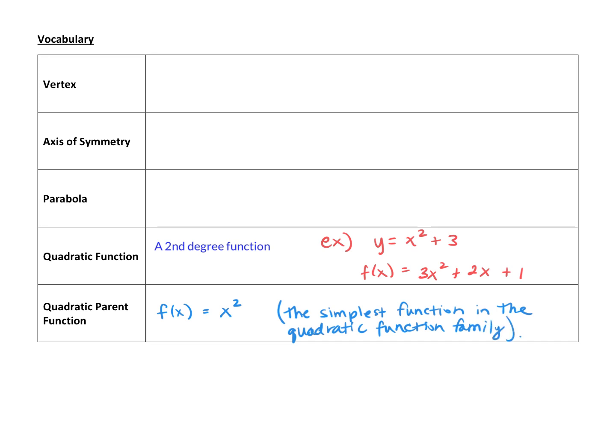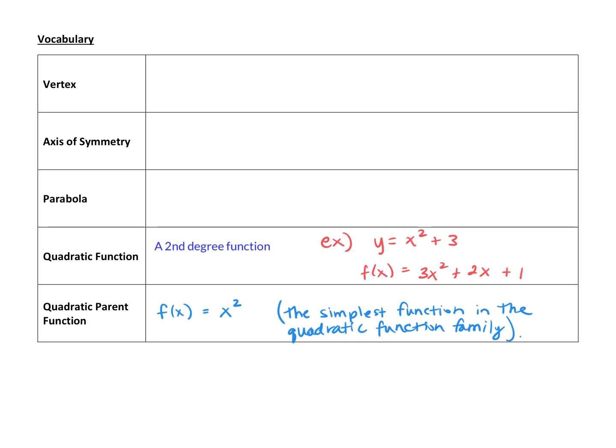And what we mean by the simplest function, there is no translations left or right, up or down. There's no stretches or compressions. There's no reflections. It's just the most simple quadratic function that exists, and we call that the parent function. And for a quadratic function, it has the equation of just an x squared. It could be y equals, f of x equals, g of x equals, but the function itself is just an